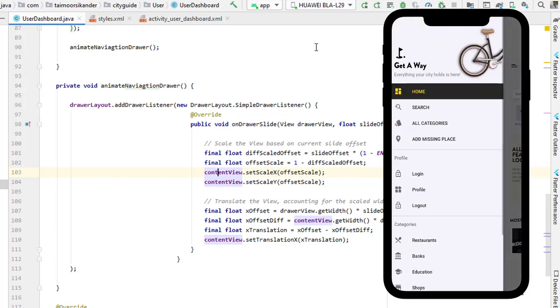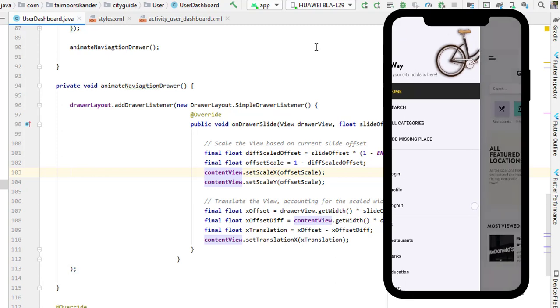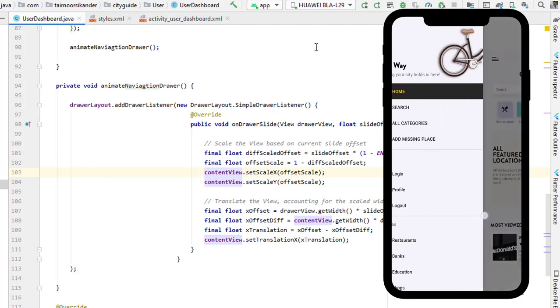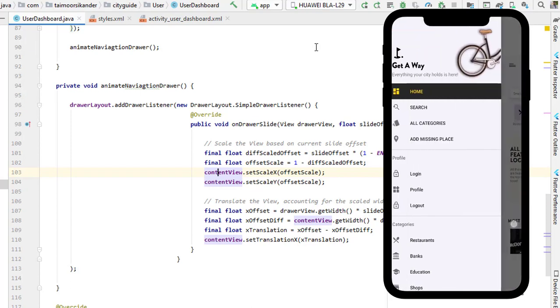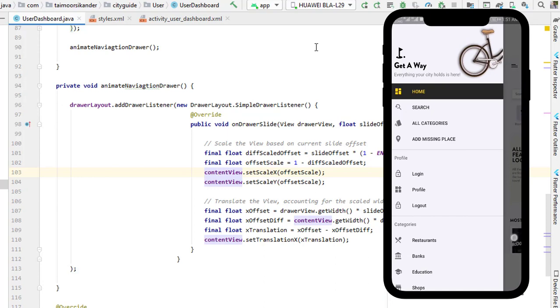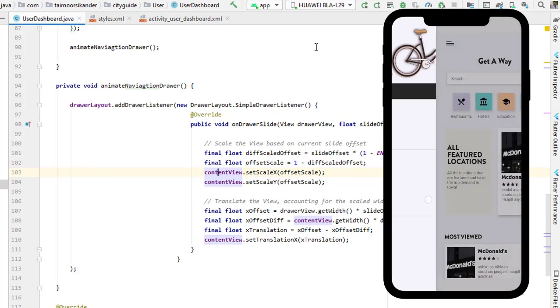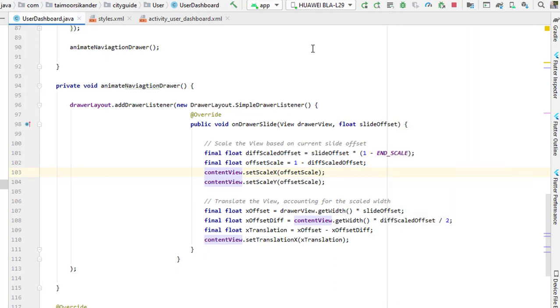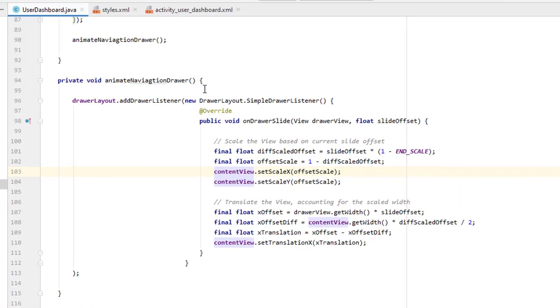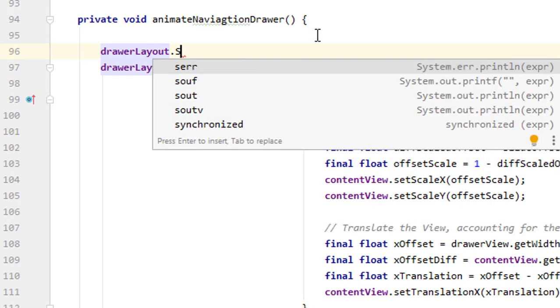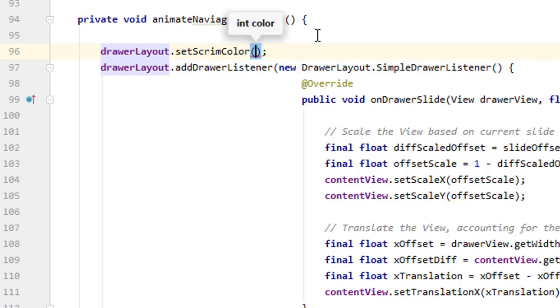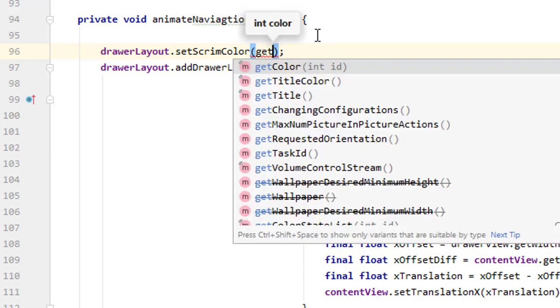Okay, let's open our navigation drawer, and you can see our whole content has gone toward the right side. So this is basically the animation, and the overlay color, which you can see at the right side of our navigation drawer, this is basically a scrim color. So if you want to change this, let's pause, go to the top, you should add that color at the top, layout dot set scrim color. You can access all the colors by using get resources